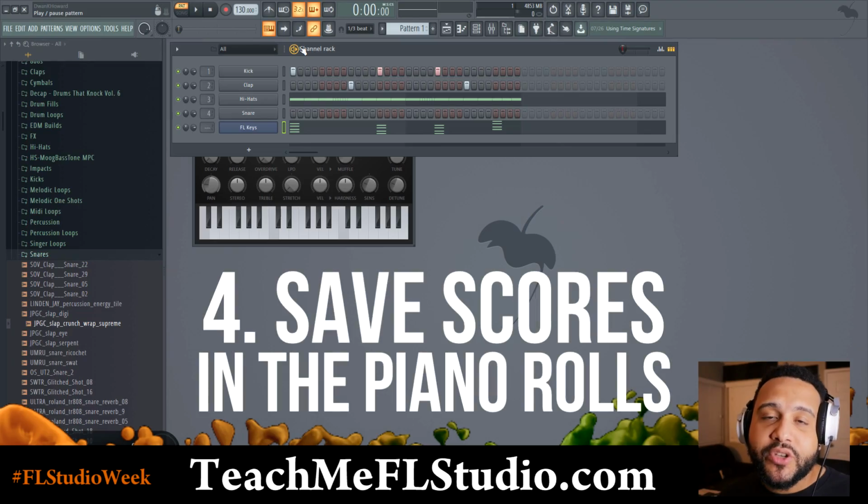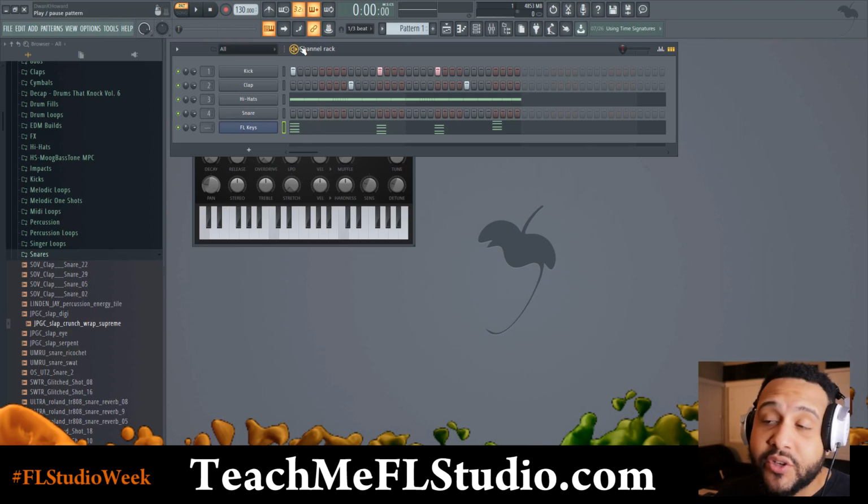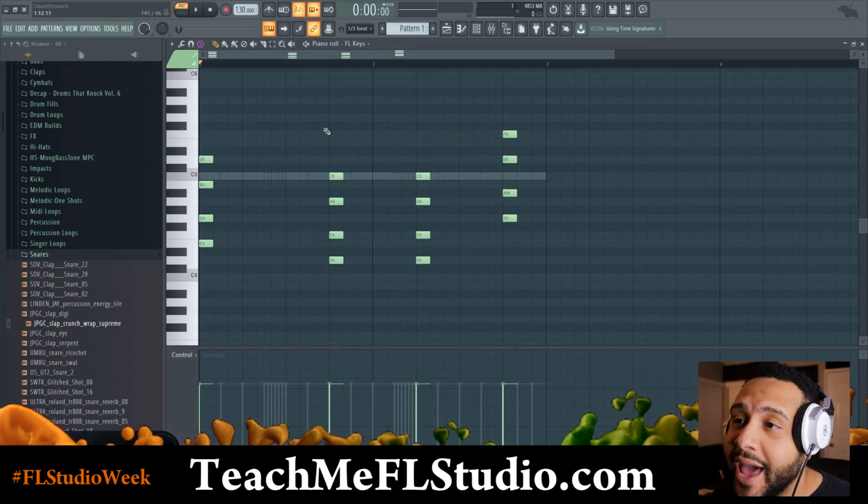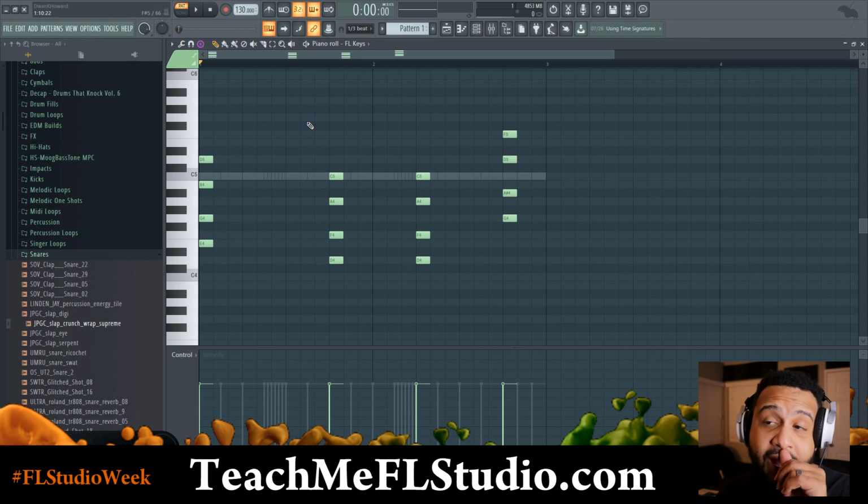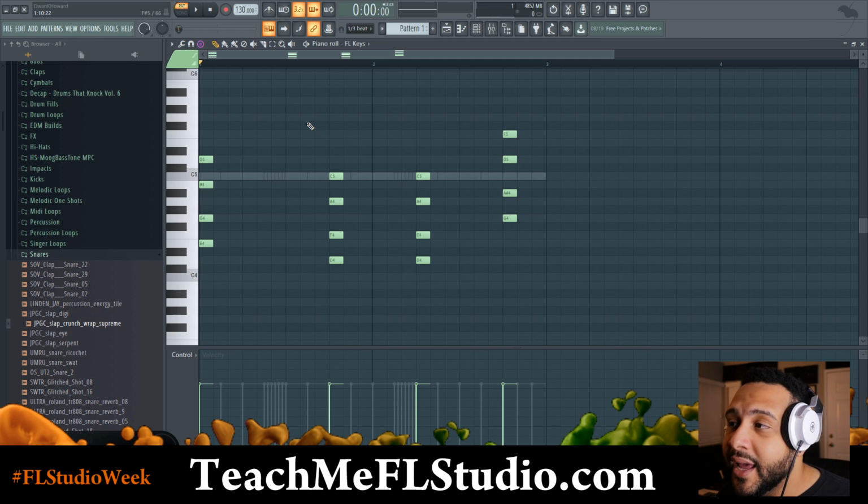Workflow improvement number 4. Did you know that you can save your scores, your piano chords, your hi-hat rolls? You can save your patterns in the piano roll with a function called Save Score. These are scores that you're creating within your piano roll. Why shouldn't you be able to save them and possibly take them over to another FL Studio session? Now say you want to take these chords that you have from one beat, say you want to take these hi-hats, all you got to do,